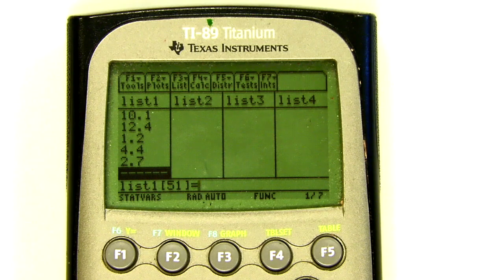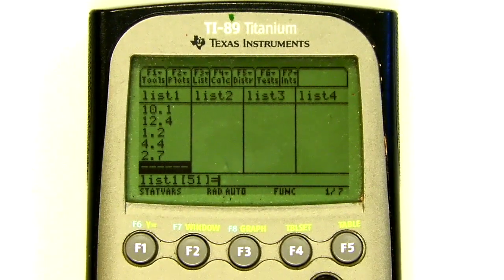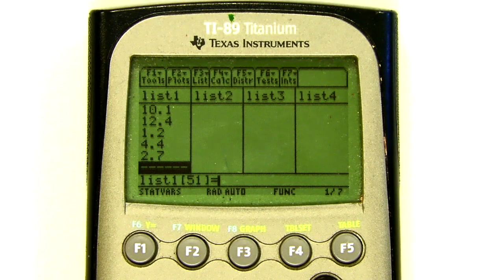All right, guys, hopefully you got all your data entered in here. It should look something like mine here down at the bottom of the screen. And this is now list 1 for the rest of the time, saved with this data in it. It saves automatically as we're going along. So what I'm going to show you next is how to plot this data in a histogram on the TI-89